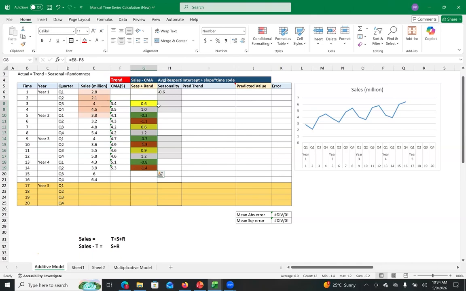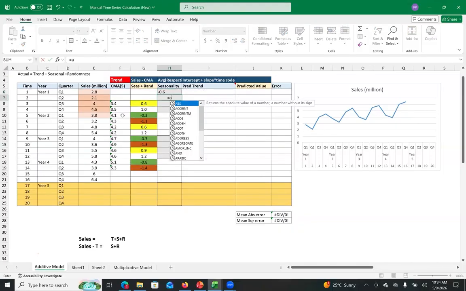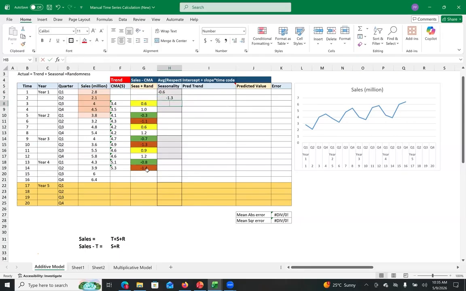Okay. Now, the same thing. What I did, I calculated the average of all the quarter ones. Then I will take the average of all the quarter two values, that is, I believe, this orange one. Then I will take the average of all the quarter three values. Quarter three is this yellow one. Then I will take the average of all the quarter four values. That is this white one.